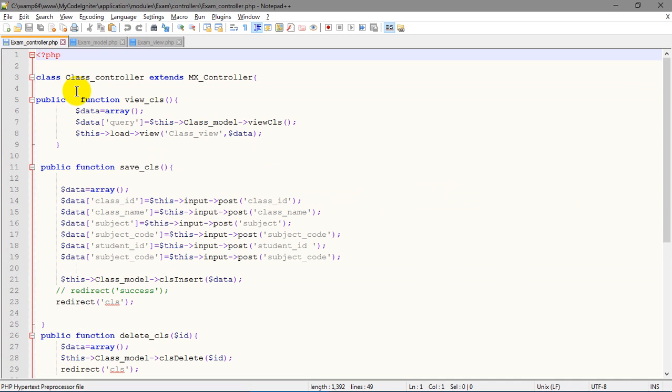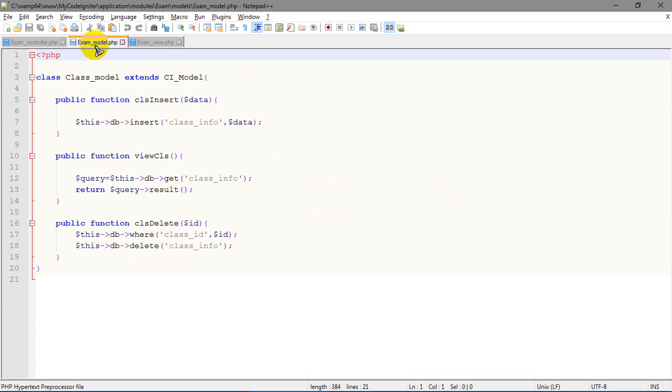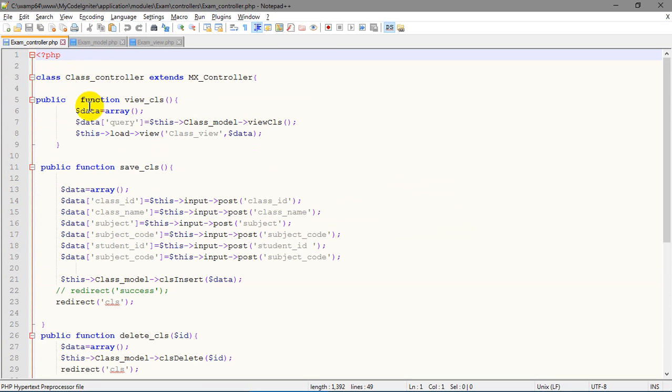Okay, now we go for this is our exam model. This is exam controller. Now we start from exam controller. Here is the folder name. My folder name is exam controller extend controller. We redirect it,